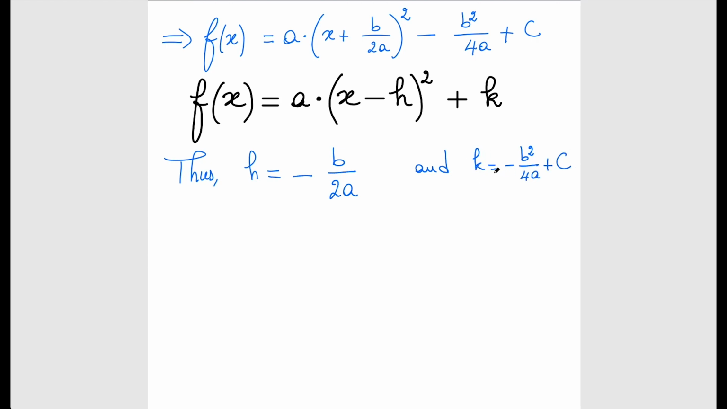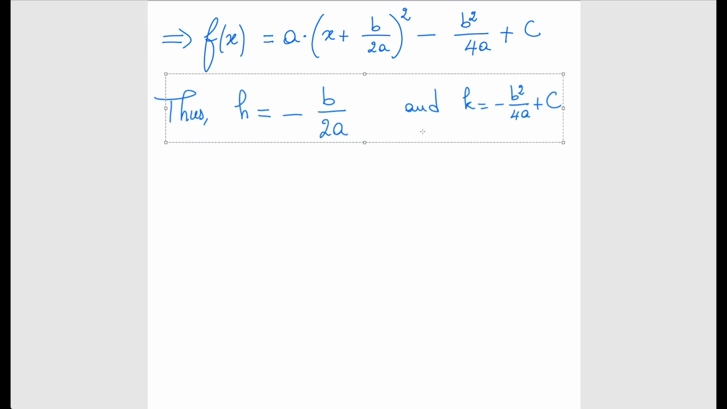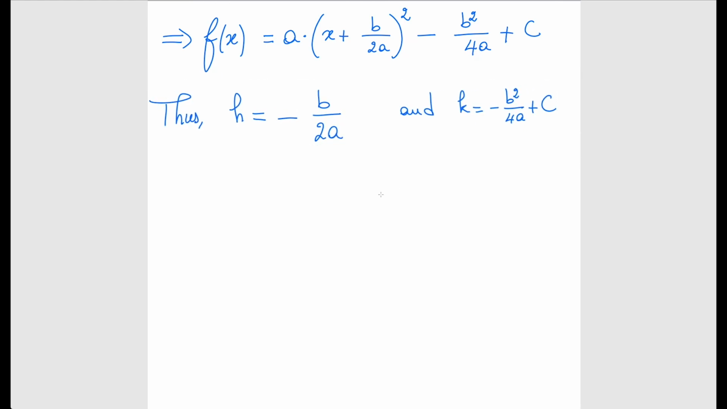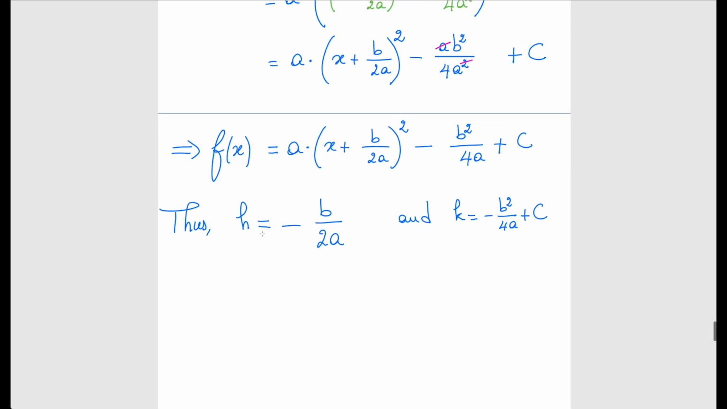The recipe of k in general is ugly, but the recipe of h is clean enough. So it's the opposite of b divided by twice a. So this is what h is, right? So I don't need this anymore. This is what h is. So all the time, whenever we,